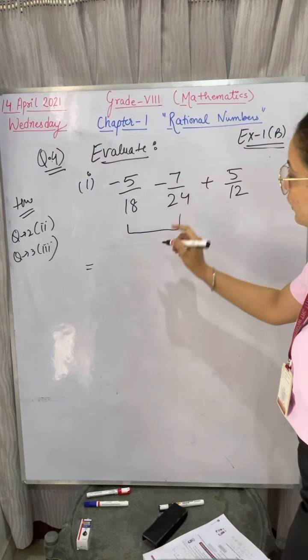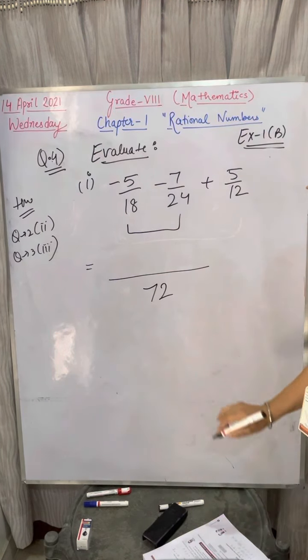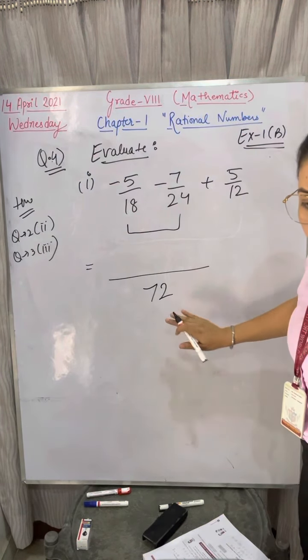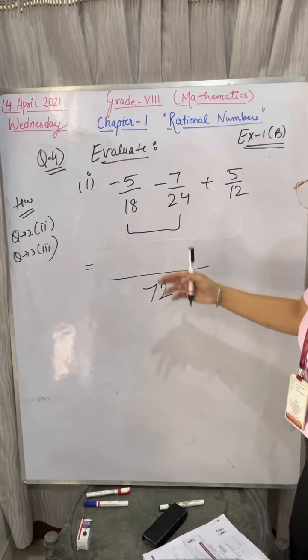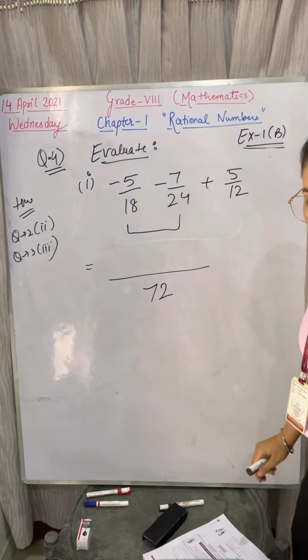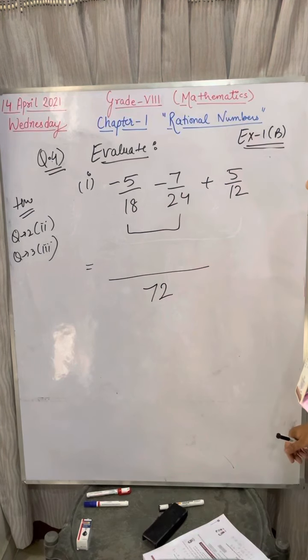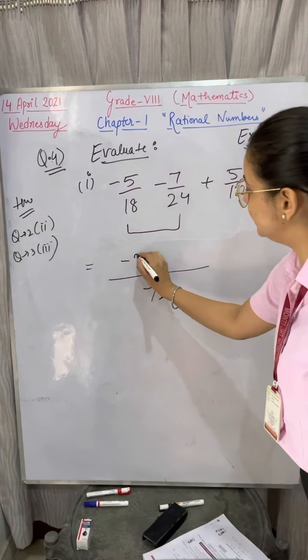Take out the LCM of 18 and 24 quickly. Very good. 72. Always keep your practice notebook with you. Okay. Now 18 divided by 72. Very good, Simar. 18 divided by 72. 72 is going on 18 table, on which number? Yes, 4. 18 4s are 72 and 4 5s are 20.